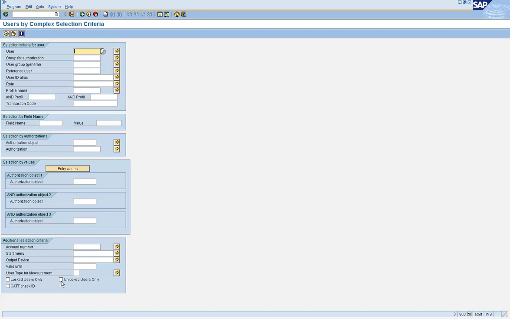Sometimes the managers come and ask you, give me a list of user IDs that are locked. Or maybe the basis team is trying to do something in the system, let's say a database system refresh. Meaning they are getting the data out of the production system and putting it into the staging system.